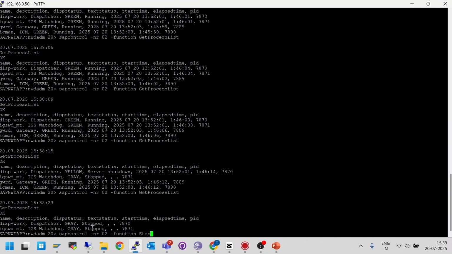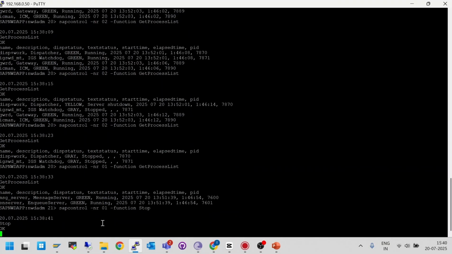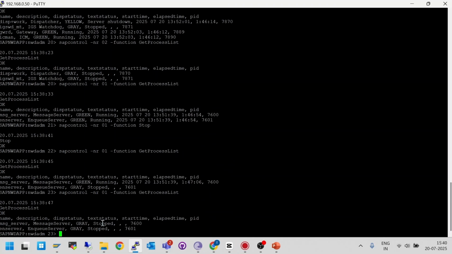I can do the same thing for the central instance as well. My central instance is 01. I see message server and enqueue server going green. I can do the same shutdown for the message server and enqueue server, and I can see the same thing. It's shutting down. Both of them are down. Okay. Now my next